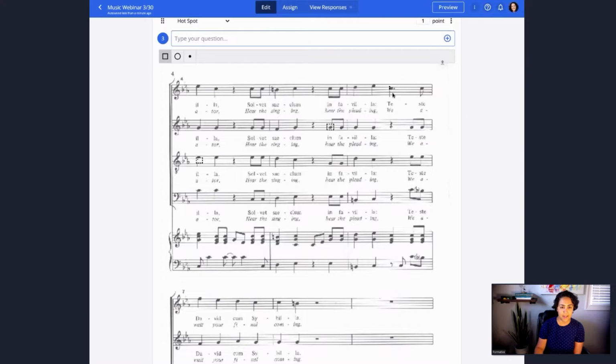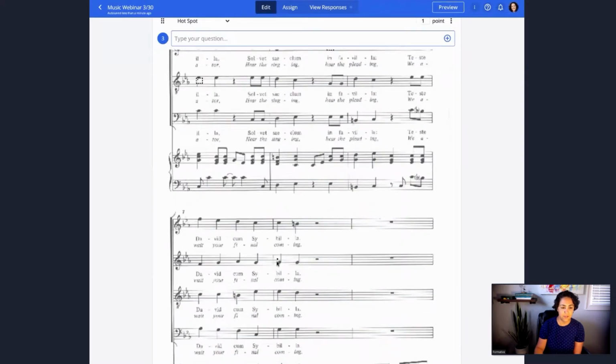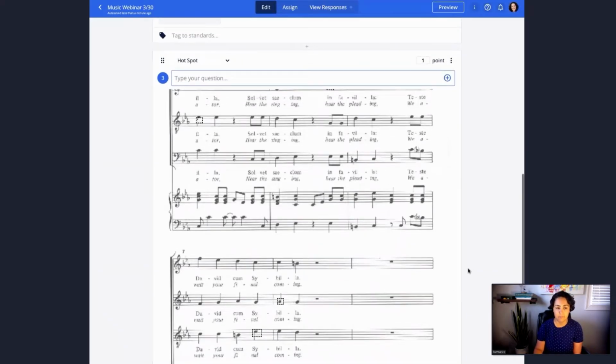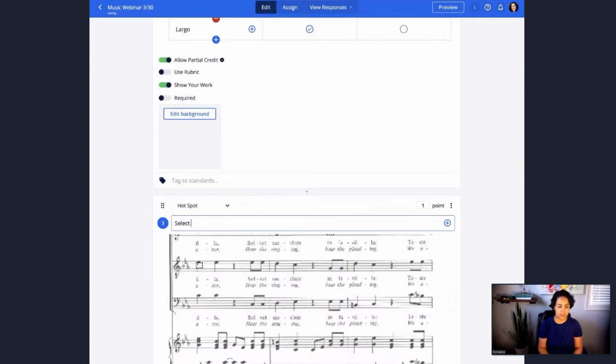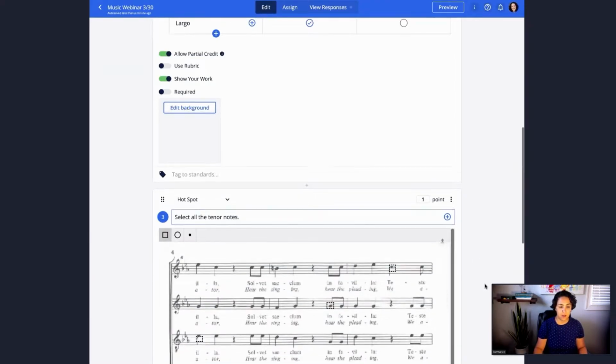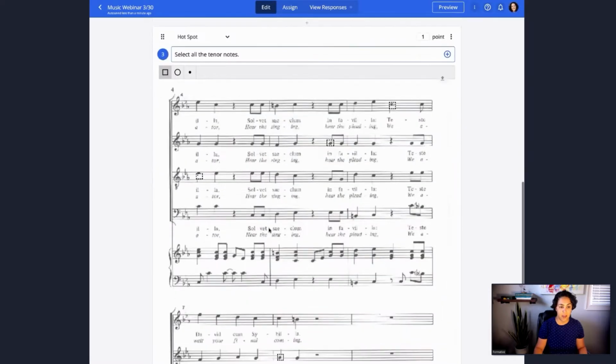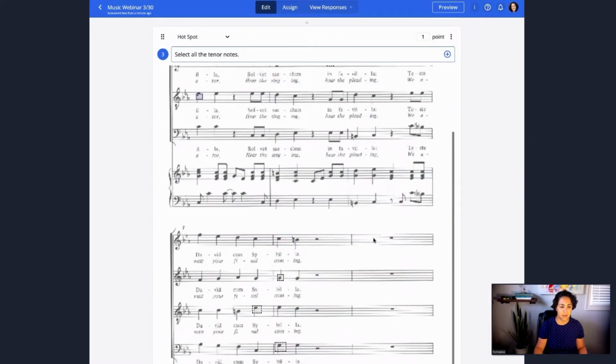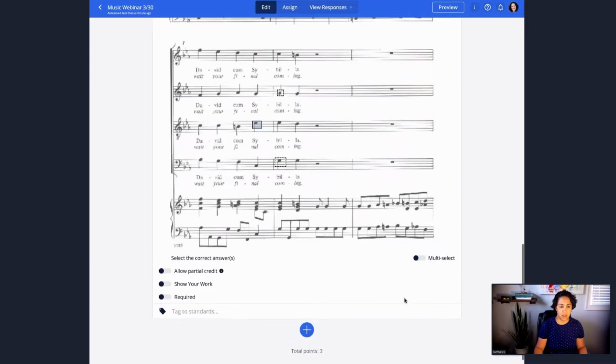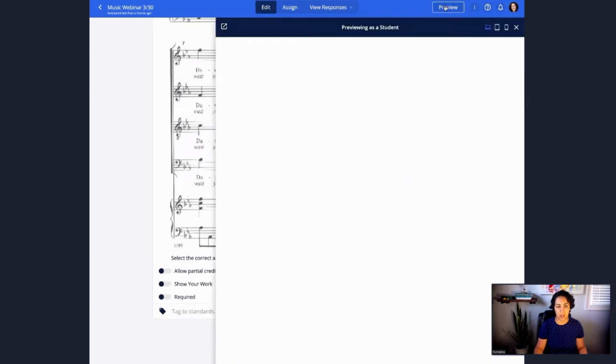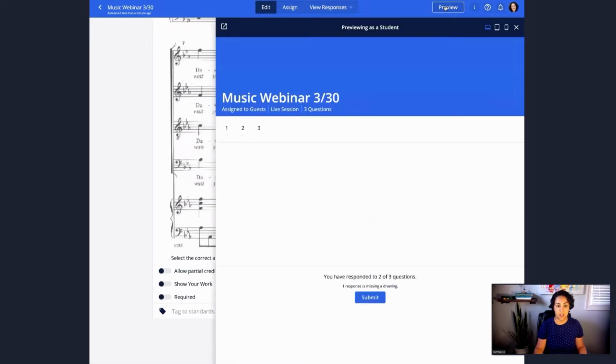And what I'm going to ask the student is to click all of the options that are in the tenor part. So select all of the tenor notes. And then I have to click the correct ones so that I have an answer key. So this would be an example of something that I would use in a beginner vocal class. Right? When you're showing them how to read this 4-part music,